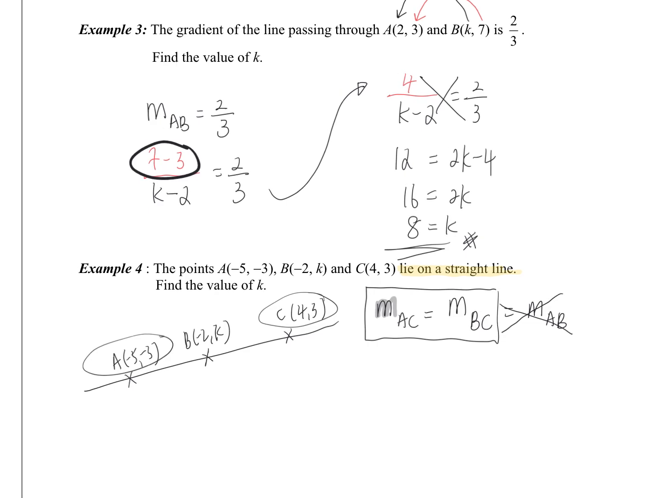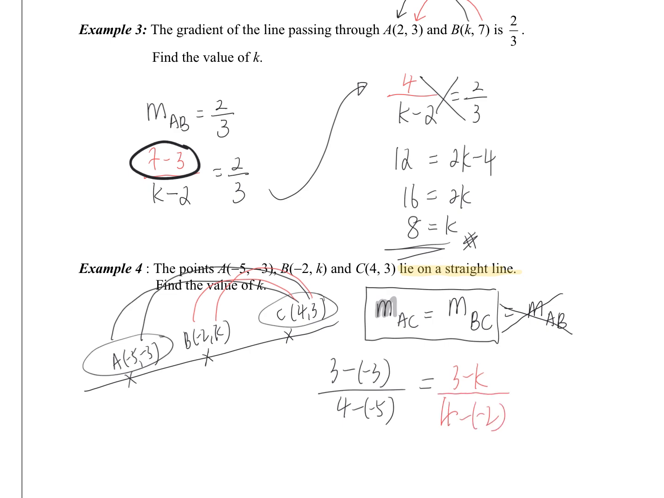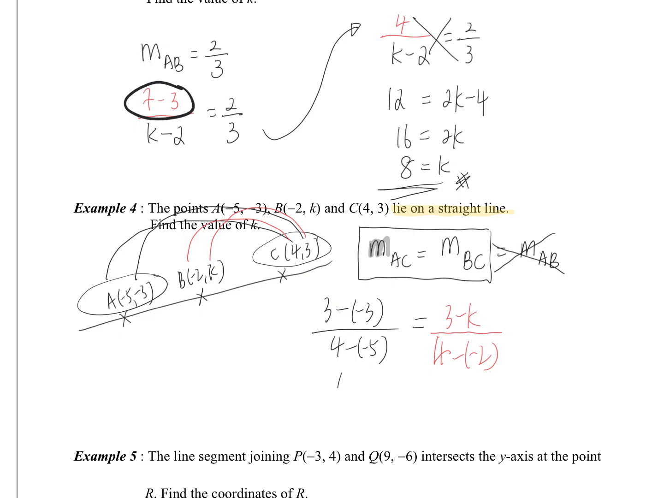So when I find gradient of AC, I do y2 minus y1 over x2 minus x1. And then gradient of BC, I will do the same thing, y2 minus y1 over x2 minus x1. So just set up the equation. This is a 6 and 9. This is a 6. So go and solve normally. So the rest is just